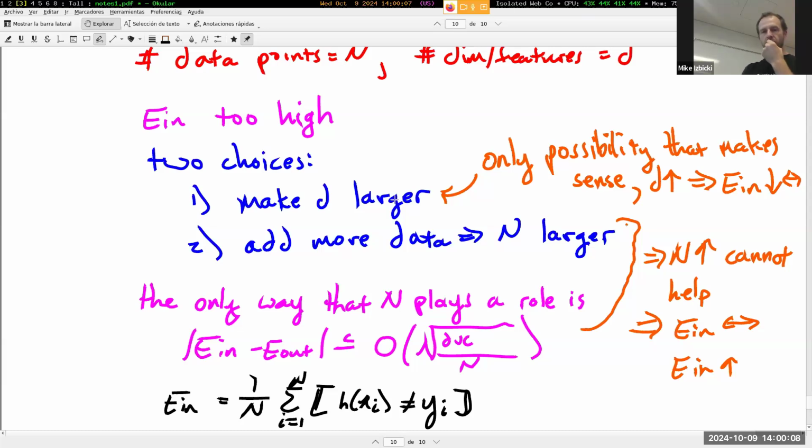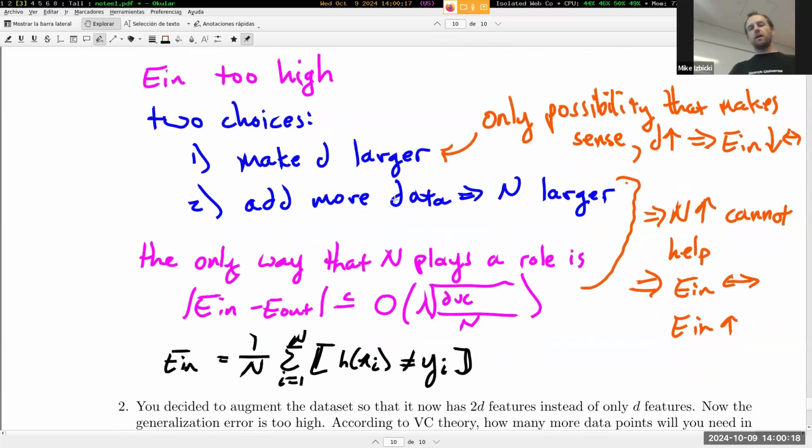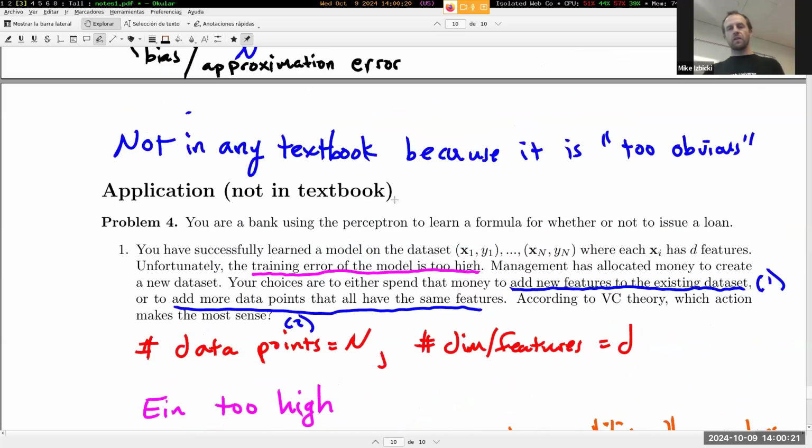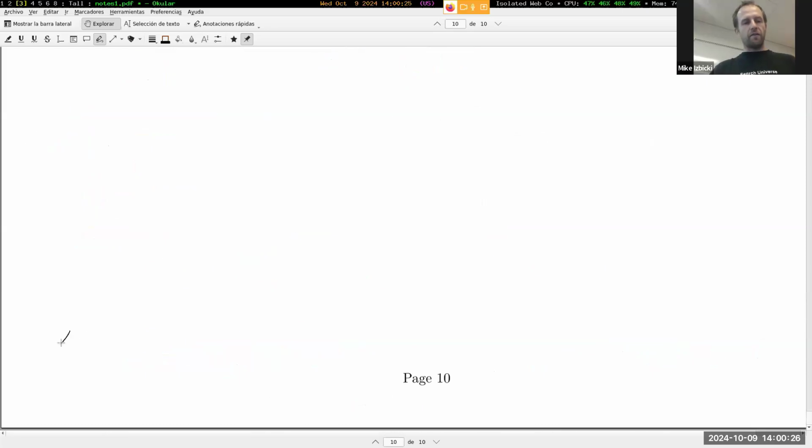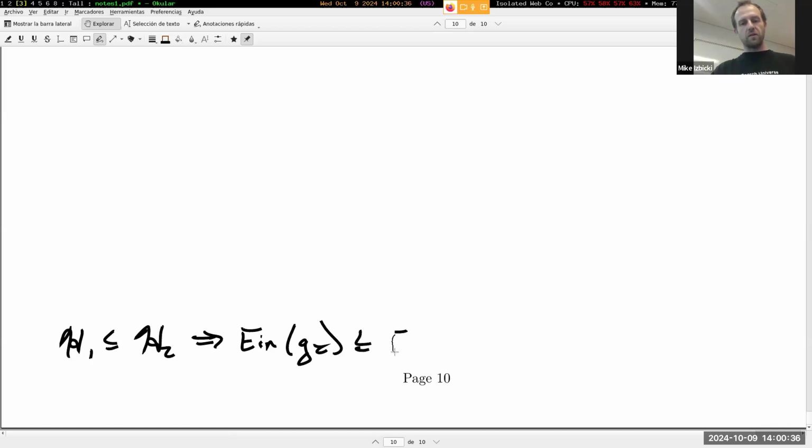Can you explain why DVC increasing lowers E_in? So this goes back to, let's see, where can I find a space to write? I'll scroll down here. If we have H1 is a subset of H2, this implies that E_in of g2 is less than or equal to E_in of g1, and the increasing the dimension